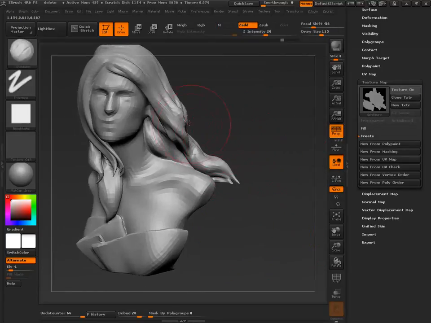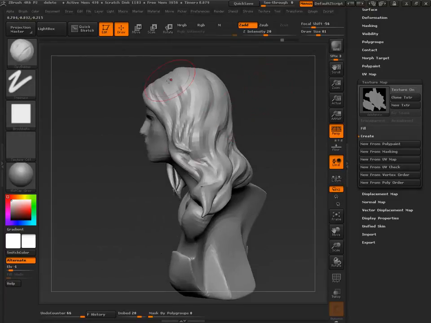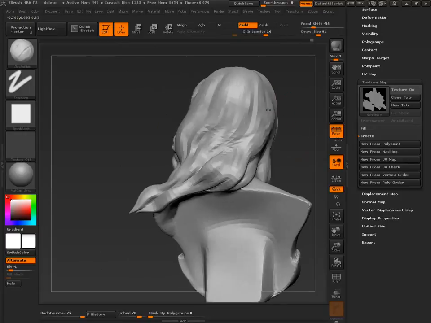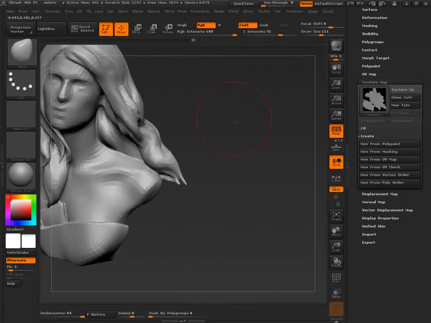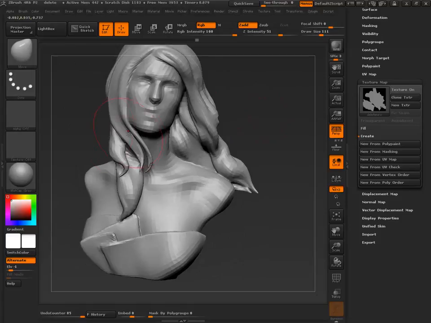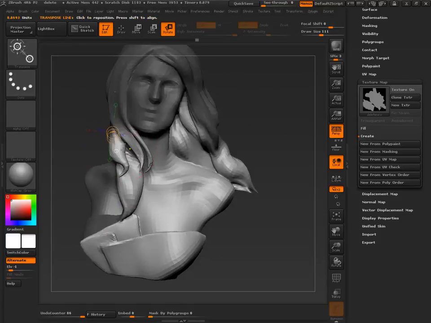Let's say we're giving this a little bit of a clump, and I really want to increase the volume here. And I think I really would like to change direction.